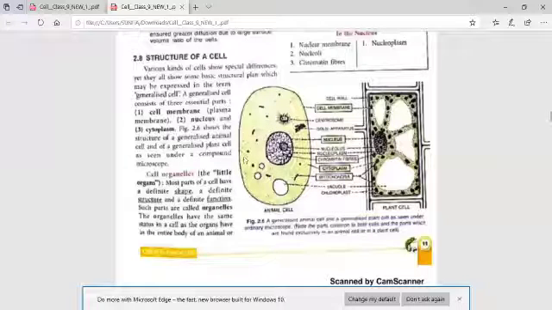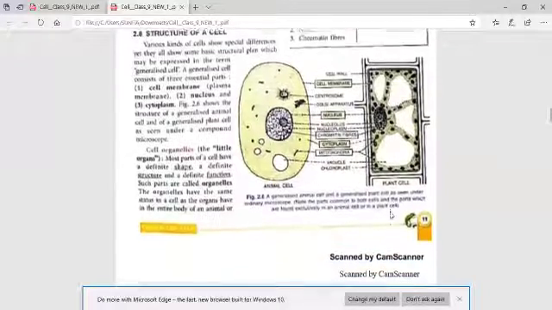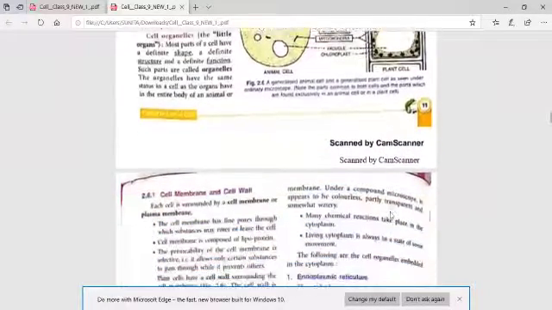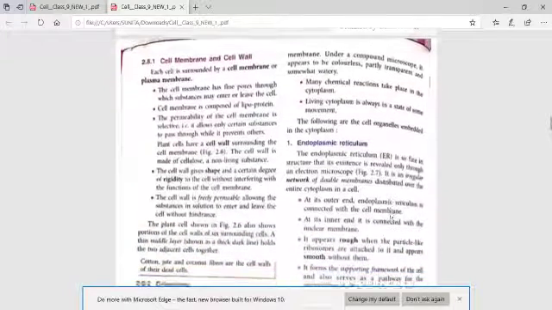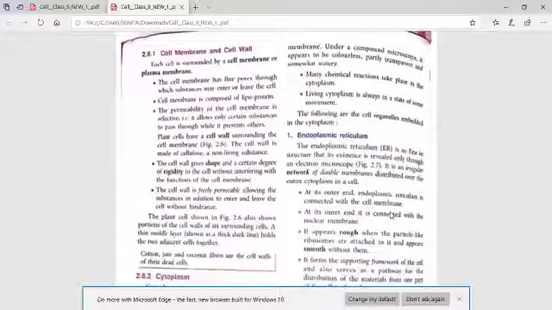And what are cell organelles? The cell organelles have a specific function to perform for helping the cell to survive, as organs help us to survive. Now this is the diagram which is given here, one for the animal cell, another for the plant cell. We'll discuss the parts or the organelles which are present in a cell. Later we'll come back to this diagram to discuss the differences between plant cell and animal cell.